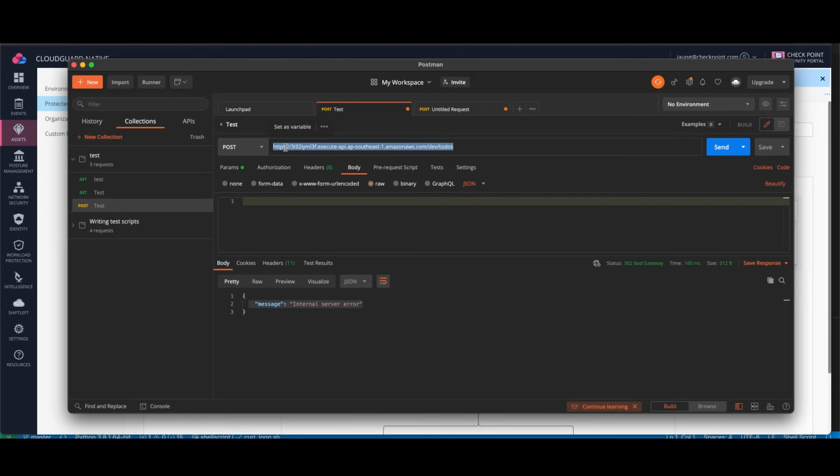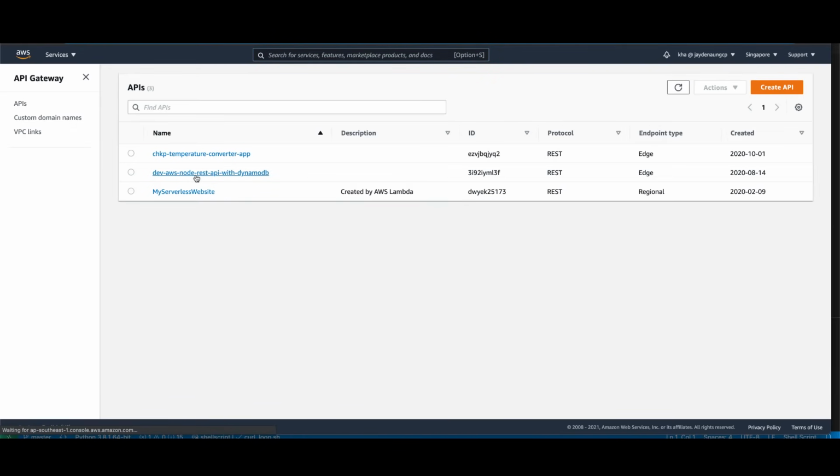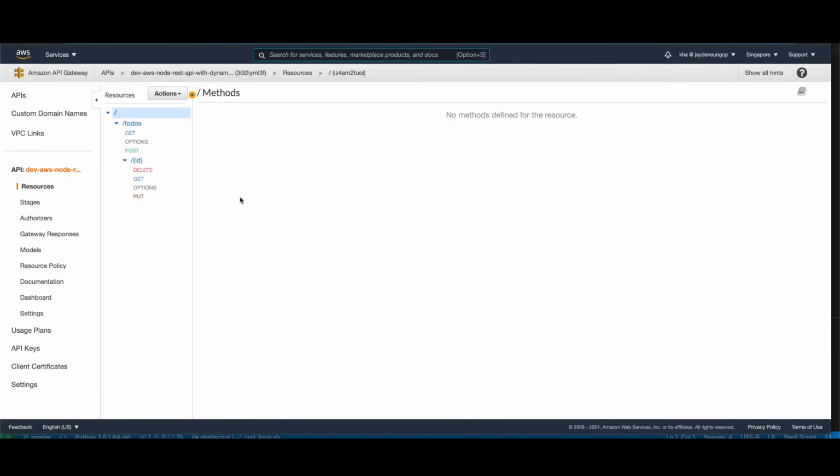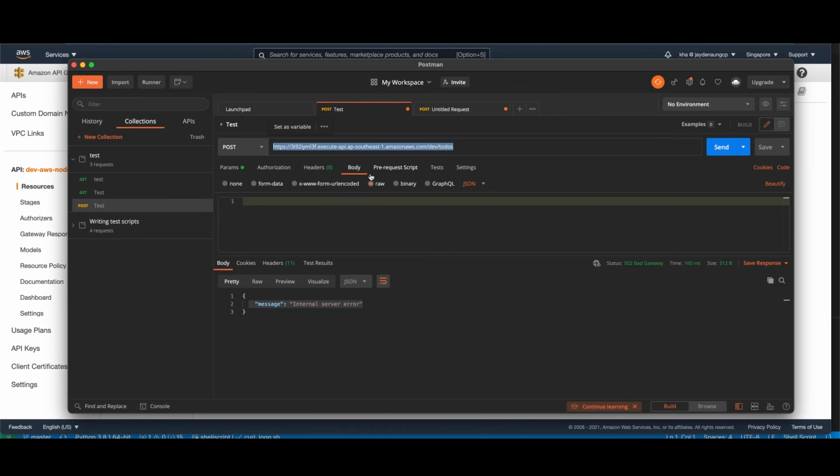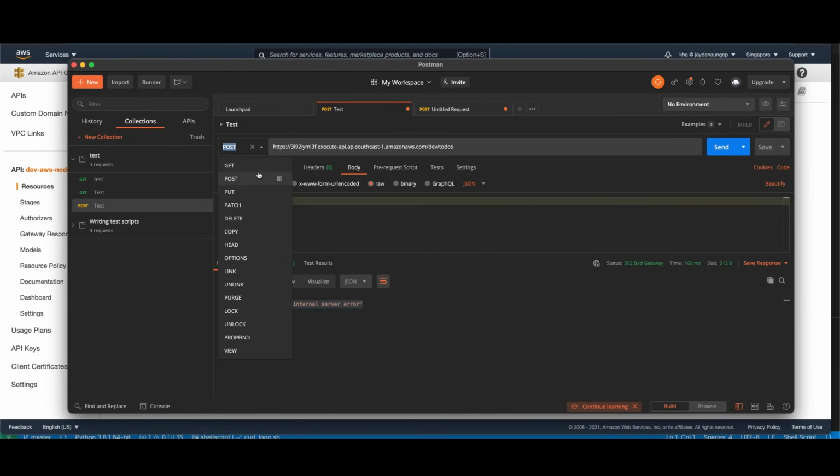Okay, so this is the API gateway endpoint. So this is the API gateway, and then it has an endpoint exposed to the internet. And let's go back here. Okay, what we're gonna do is we're gonna use the get method to read the DynamoDB table. So we can just use the get method and click send,